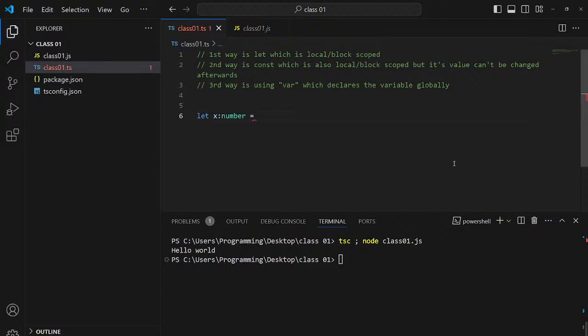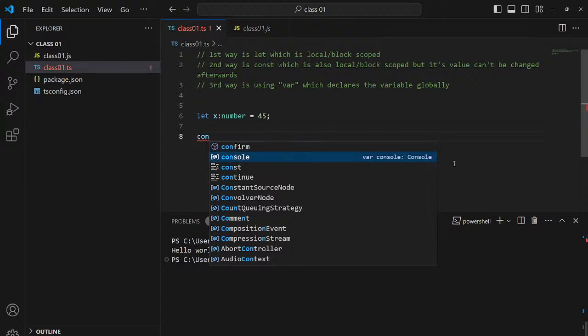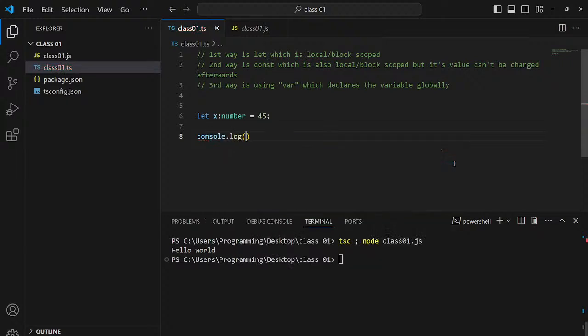Let's say 45. Now I can print it here, console.log x. Let me clear this first, and see, it printed 45 here.